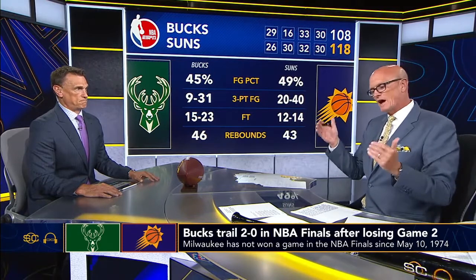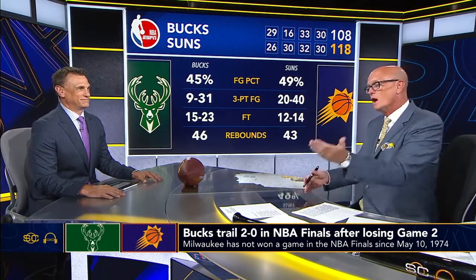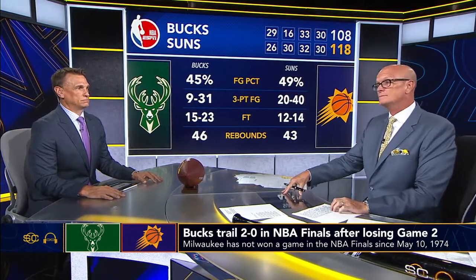I'm animated just because I feel like I always back Middleton. I feel like people want to act like he's not what he is. He's proven to be an all-star. My guy Stanford Steve says you overreact to what you saw most recently. Go look at his game log through the playoffs. He's been a star throughout the playoffs. Wasn't tonight. Going to need to